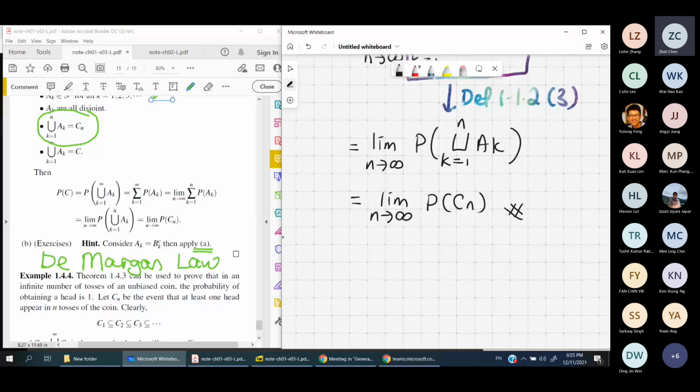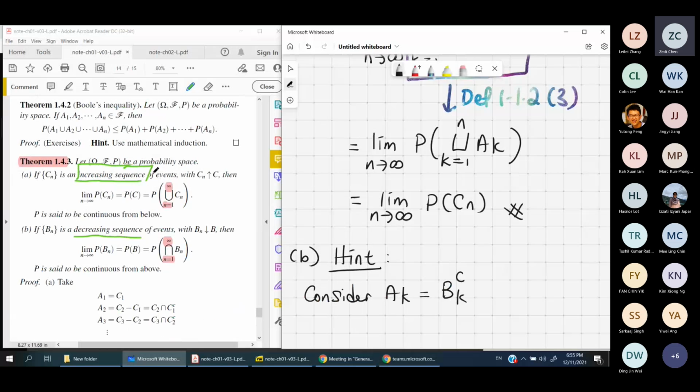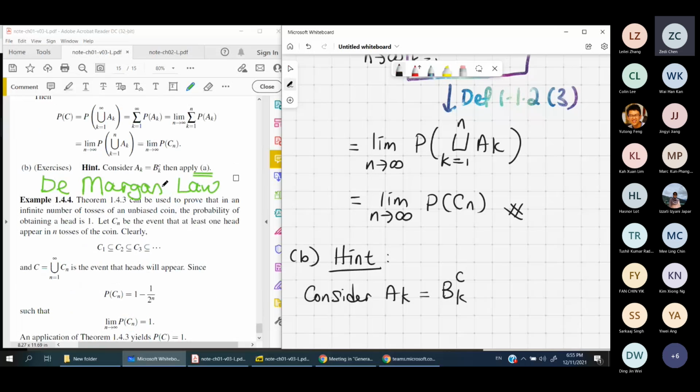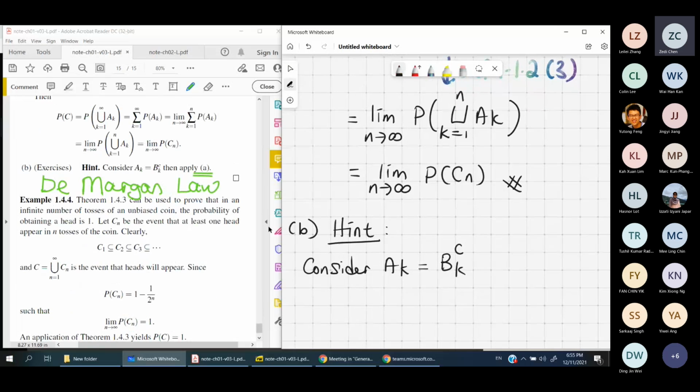Okay, so for part B, and this is just a hint, okay, not the proof, I'll let you work it out yourself. What you can do is consider AK to be the complement of BK. Why do I want to do this? Because you can see BK is decreasing. So if you take AK to be the complement, AK will be increasing. So you may apply it over here. Yeah, so you consider this, then you apply